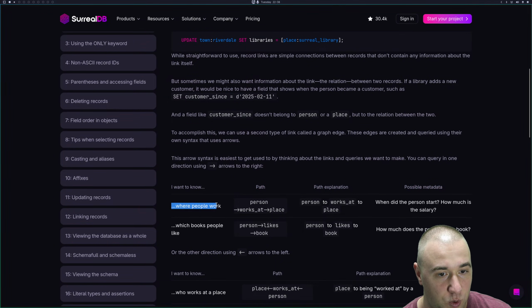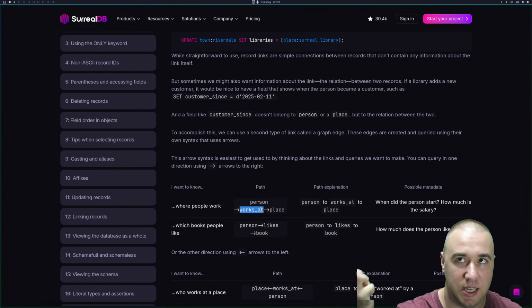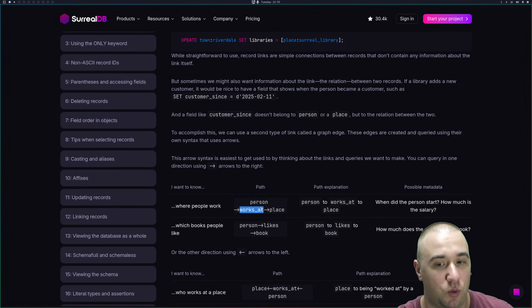So I want to know where people work. So it's from person, works at, to place, right? Person to works at to place. There we go. So the arrow can be thought of as "to". And possible metadata. When did the person start, or how much is the salary, right? This is what relates to this idea of the relation works at, because